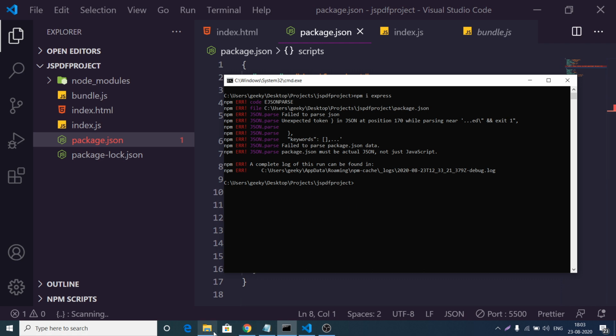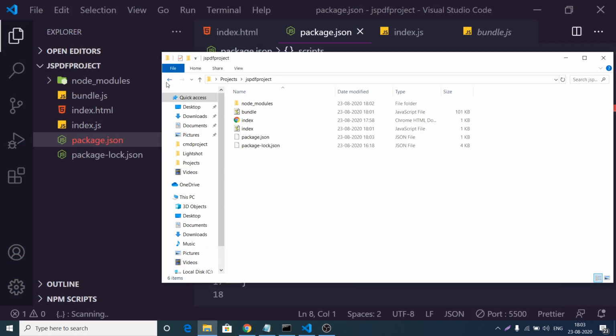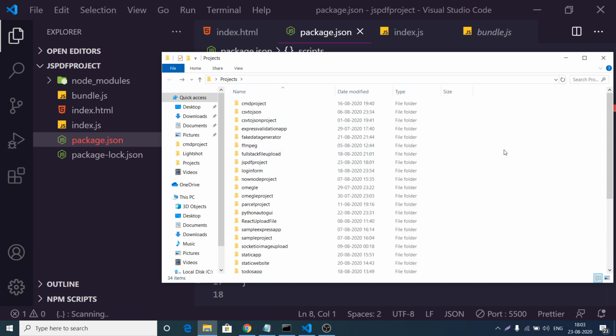I think, guys, we need to initialize a separate Node.js project because we have used Browserify here, so that is why it is creating problems.